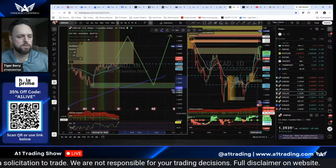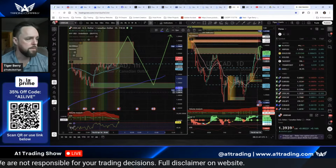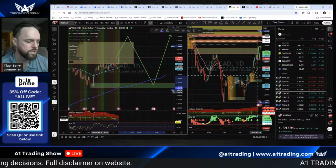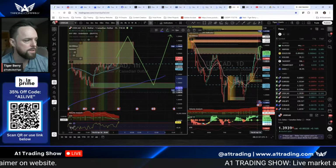Okay, that thing acts as dynamic support resistance for a reason. Buyers love buying the touch of it, but I like going a little deeper because I know their liquidity is going to be under there. Their stop losses. Okay? The banks know that too. That's what they focus on. So I think that would be a perfect